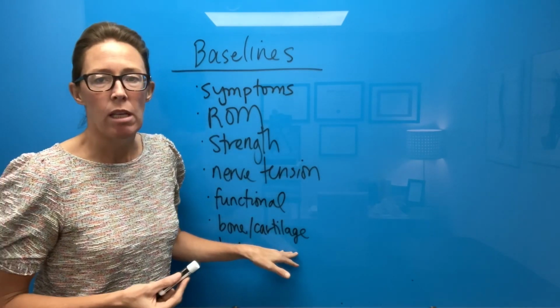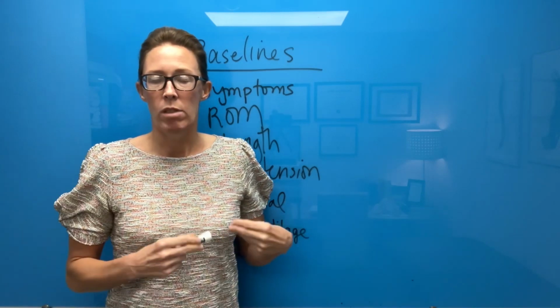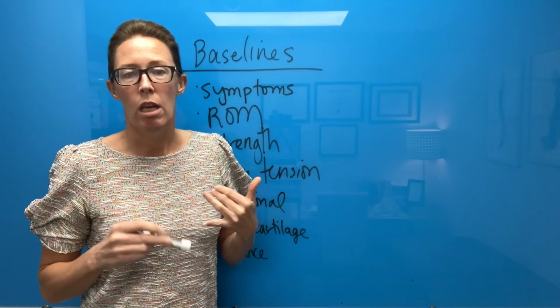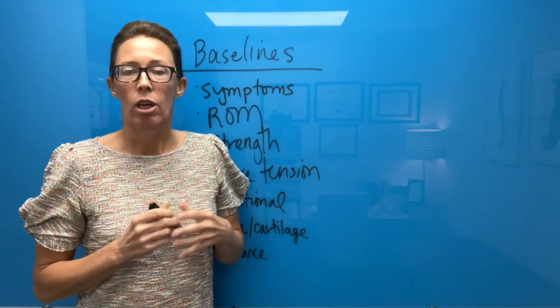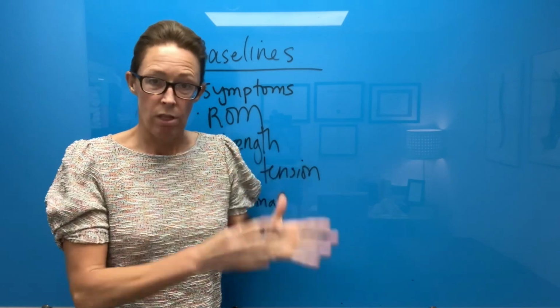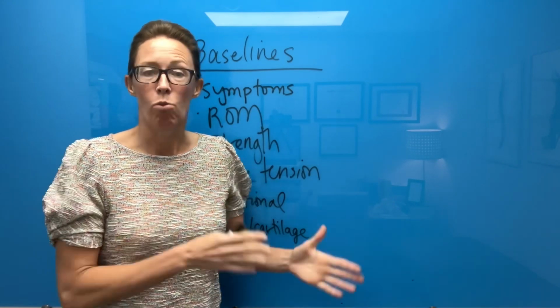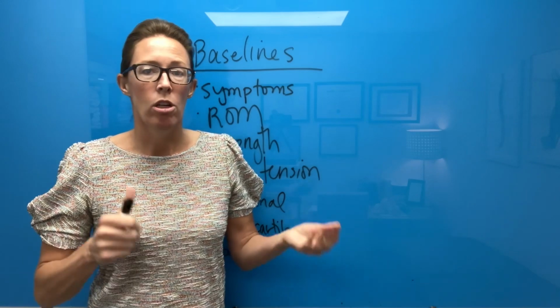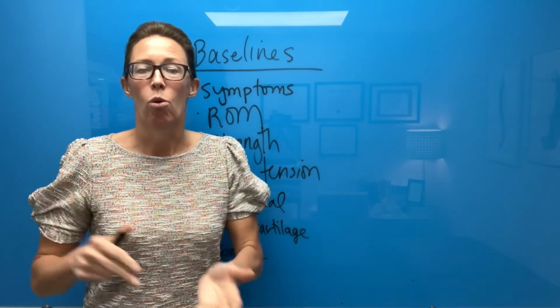There's also other baselines that are not something I deal with very often, but taking a bone scan, for example, or taking an x-ray of a joint and looking at the integrity of the bone. You take that and you can do the intervention and retest that. Or if there's a fracture, you take the x-ray of the fracture, do the intervention, which is surgical or immobilization,